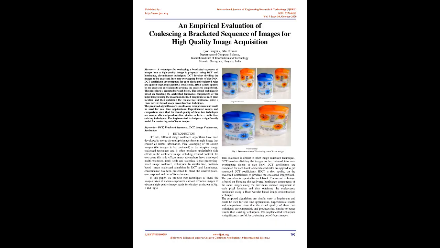An empirical evaluation of coalescing a bracketed sequence of images for high-quality image acquisition. Abstract. A technique for coalescing a bracketed sequence of images into a high-quality image is proposed using DCT and luminance,